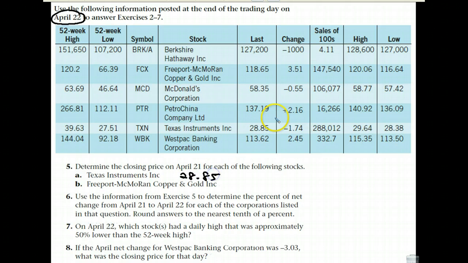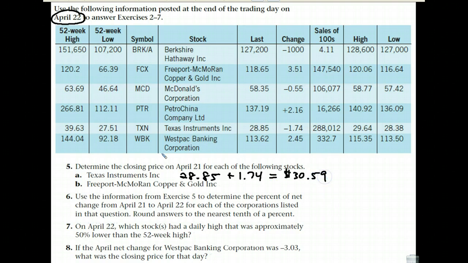28.85. And this is the change. This is down. This change is talking about the difference between today's closing and the previous day. So this is down 1.74. If you think about that, if it's down 1.74, that means that it was more on April 21st. So to get our answer, we're going to take 28.85, today's closing, and add, we've got to flip the sign there, we're going to add $1.74 because we want the previous day's closing. And when you add those two numbers, the closing on the 21st would have been